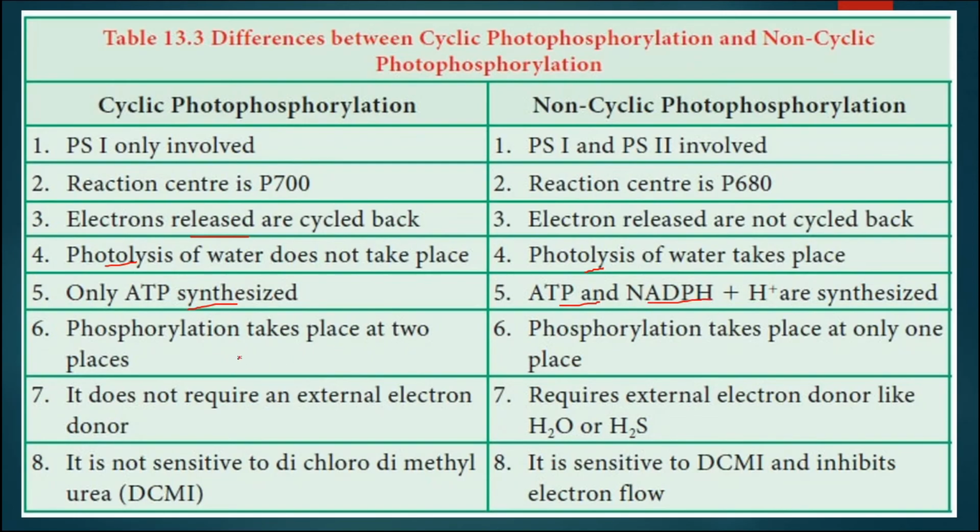Photophosphorylation takes place at two places in cyclic, whereas in non-cyclic it takes place at only one place. Cyclic photophosphorylation does not require any external electron donor, whereas non-cyclic requires an electron donor either in the form of H2O or H2S. Cyclic photophosphorylation is not sensitive to dichlorodimethylurea, whereas non-cyclic photophosphorylation is inhibited in electron flow, because it is sensitive to this DCMU, that is dichlorodimethyl